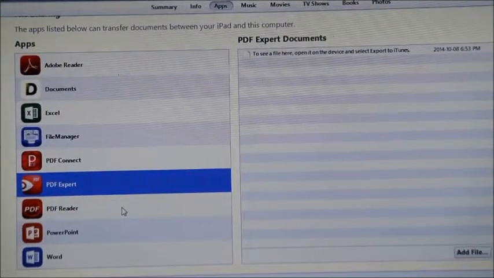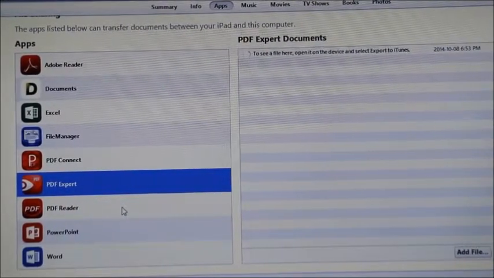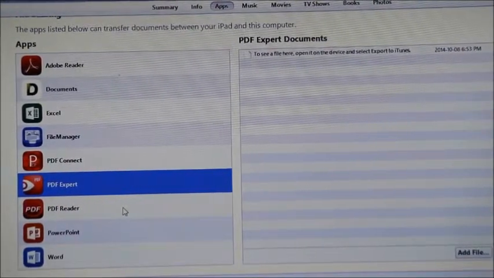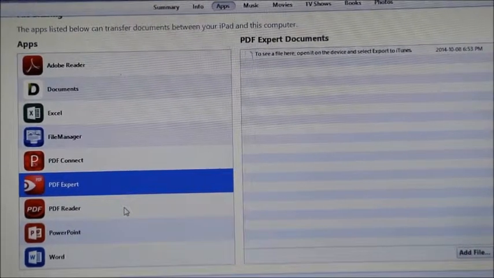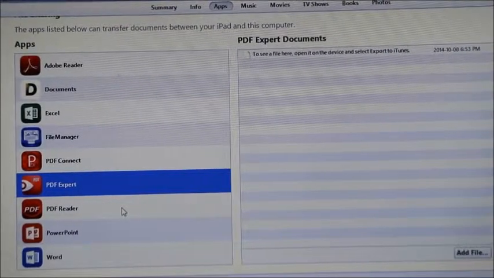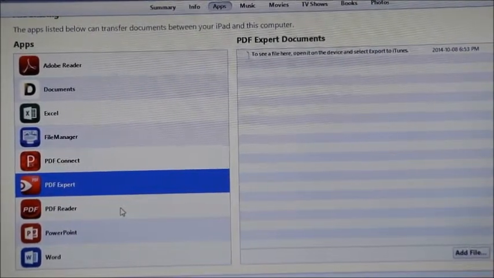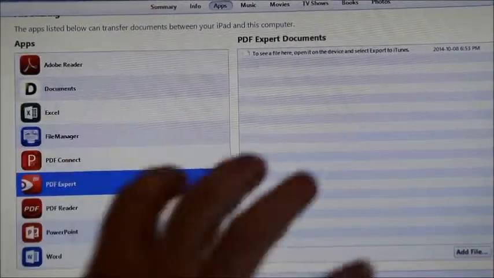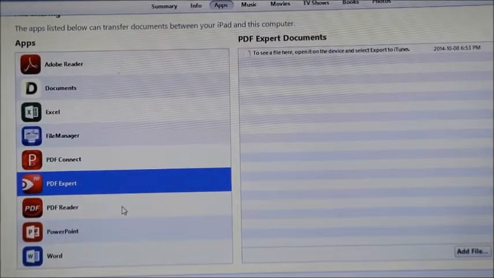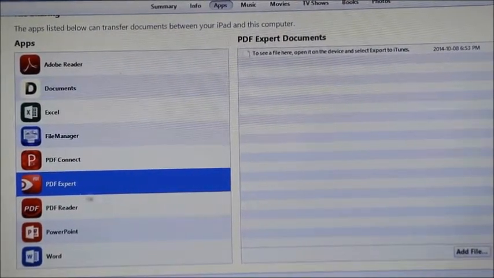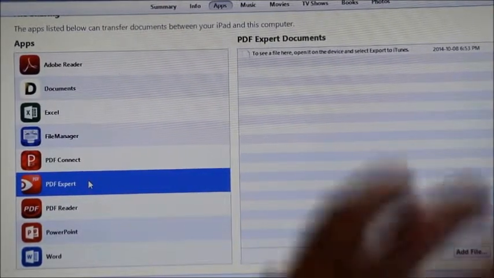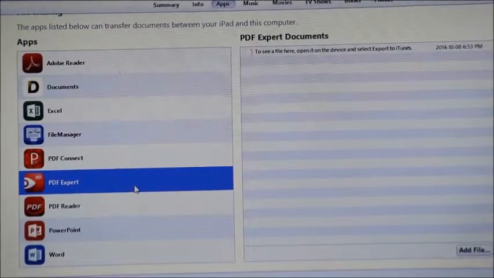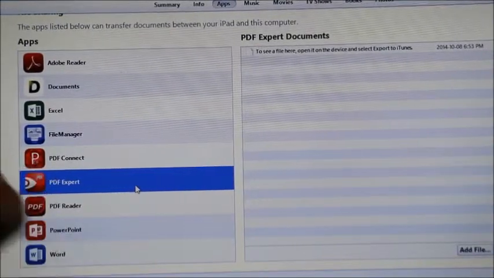It's PDF Expert 5, and in order to use these forms you need to have PDF Expert 5 downloaded onto either your iPad or your iPhone, and it's a cost of $9.99 plus tax. So before we actually even get to this, you'll have to go to the App Store and download PDF Expert 5, it's called. So we're assuming that you already have that done,